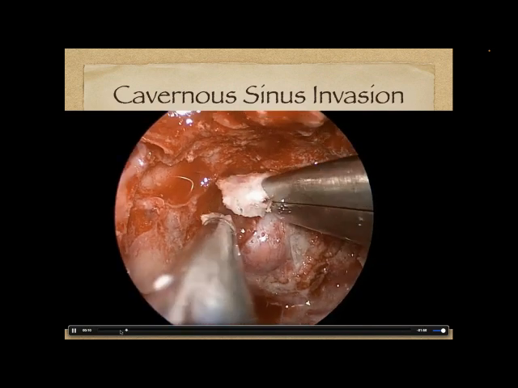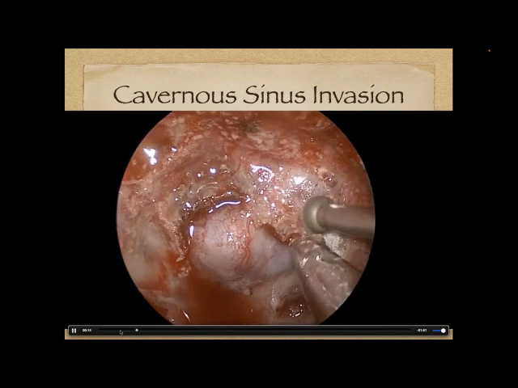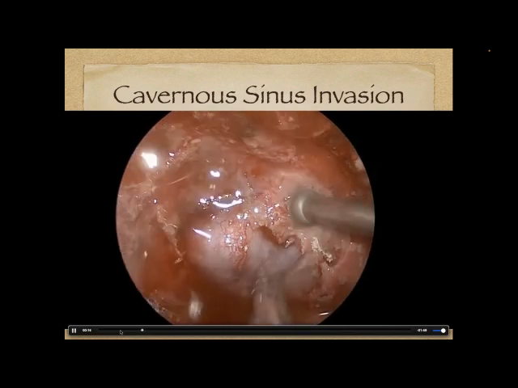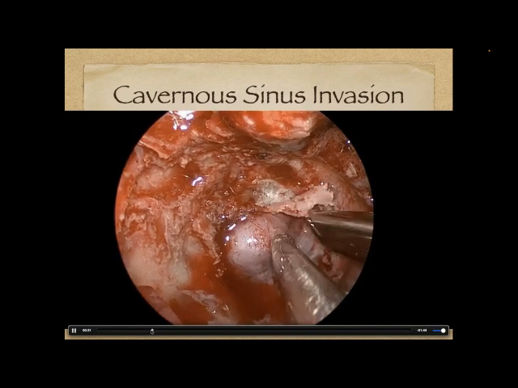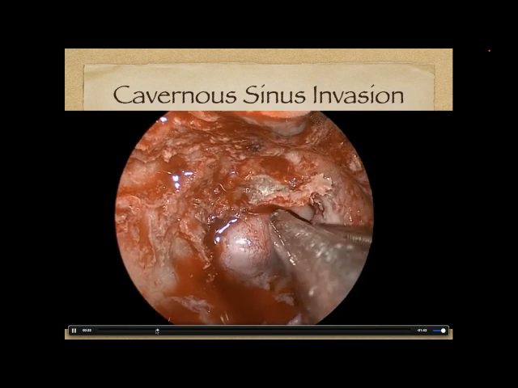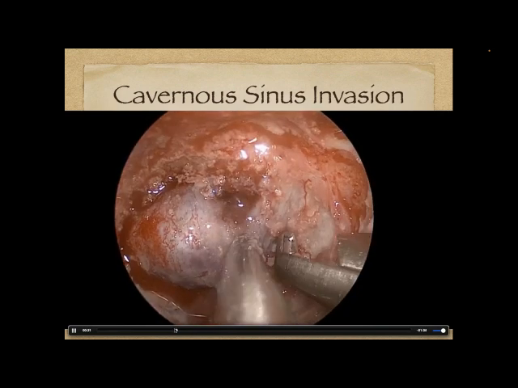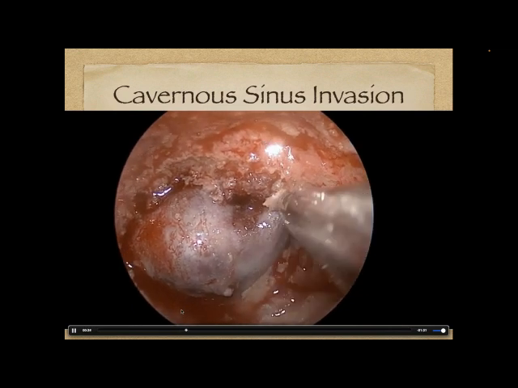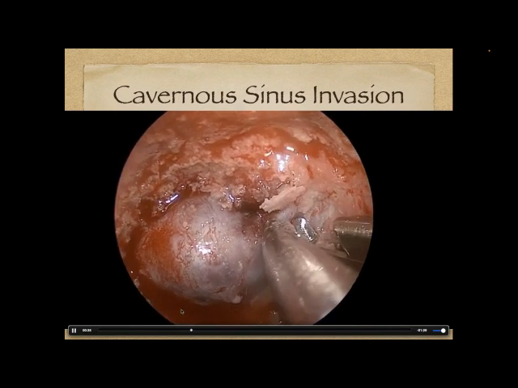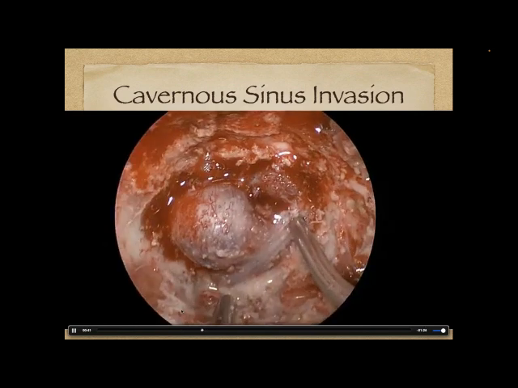Here we're thinning the bone and removing it over the pituitary, and then extending it out to the side. And then when we do this, you can see how we can very carefully thin and peel the bone away from the carotid artery. And by exposing the artery in this way, this allows us to then move the artery during surgery and safely work around it. This has been done thousands and thousands of times. It's a perfectly safe maneuver to do.